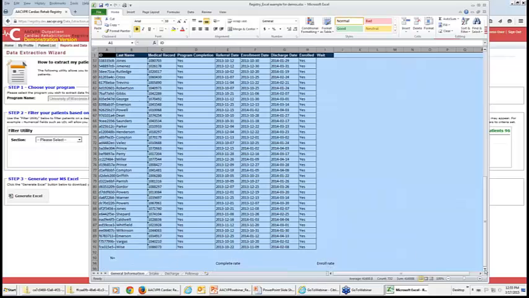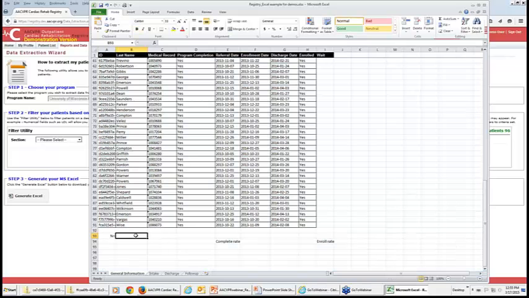I'm going to go down to the bottom here. And so now we need to do some of the basic math of how we figure out enrollment and completion. So first of all, let's count the number of records or patients that we have in this. And again, we could just count them manually, or you can use a handy little count function. This is the COUNTA function.